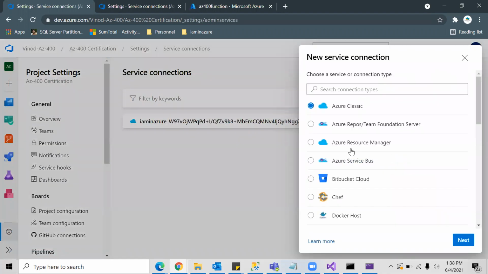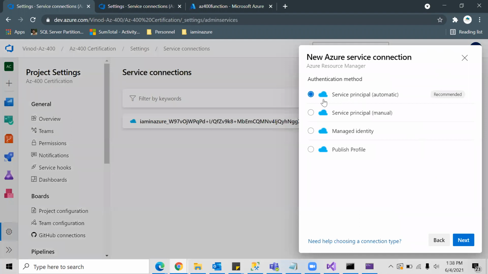When you hit this, you can select ARM, Azure Resource Manager, next, and if you have a subscription and the service principal with you, you can select manual. Or else you can use an automatic way, which will automatically create a service principal inside your Azure AD, or you can go with managed identities or publish profile.